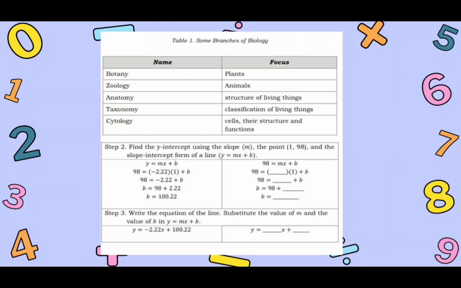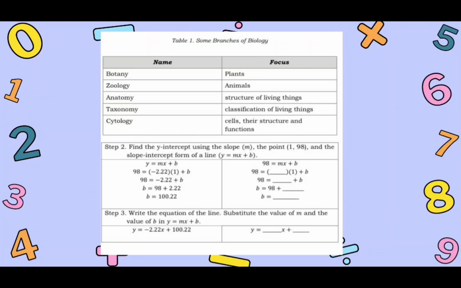So, step 2. Find the y-intercept using the slope m. Use the point (1, 98) and the slope-intercept form of a line, y is equal to mx plus b. So y is equal to mx plus b goes as follows. 98 is equal to negative 2.22 times 1 plus b. So negative 2.22 times 1 will equal negative 2.22. So 98 is equal to negative 2.22 plus b,